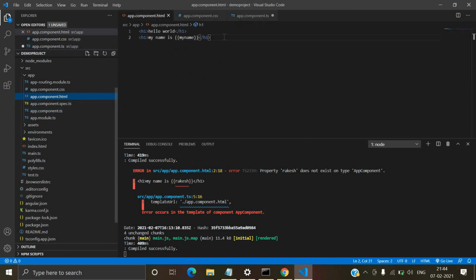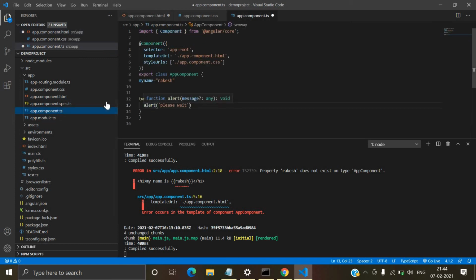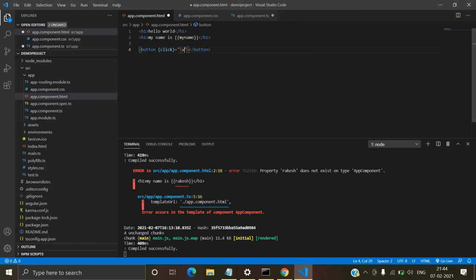And here I will create a button, and here we will use a binding property like click binding, click event, okay. Inside this event we will call this function, two-way, okay. We will write two-way, and here I'll write